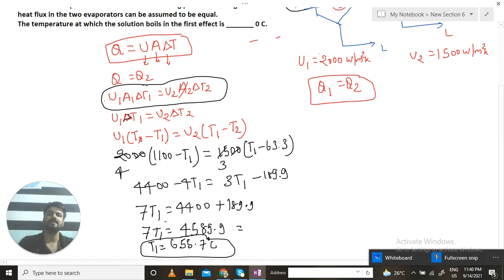Okay. So in the next year, it may be asked about some different concept on this. They can add a three-effect evaporator, and maybe the concept may be different. They can also use the effect of boiling point elevation. Okay, so like that. Hope you all have got these things.